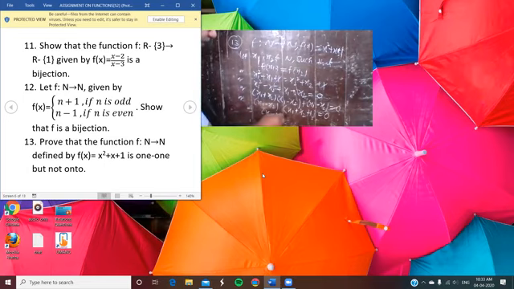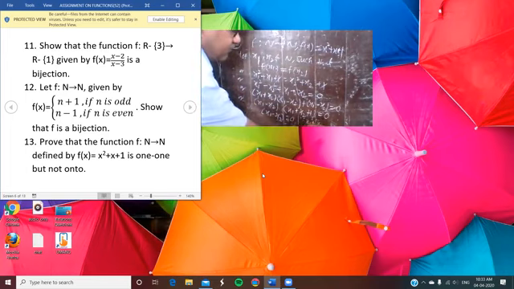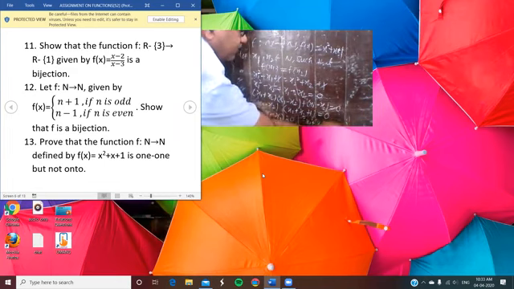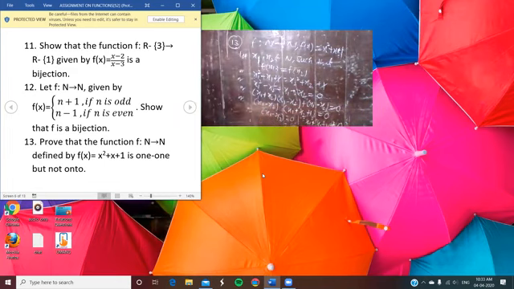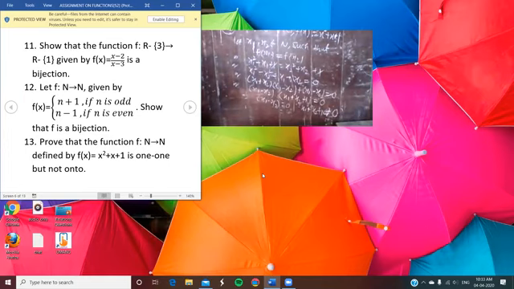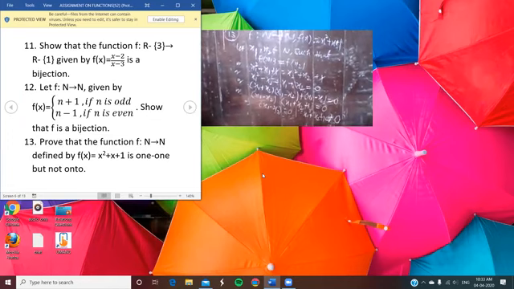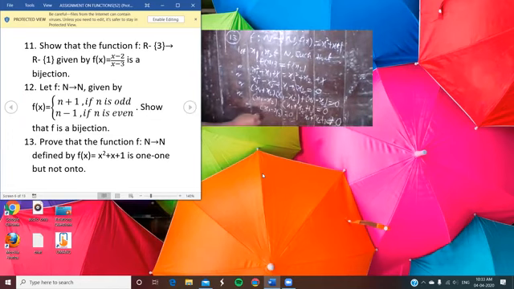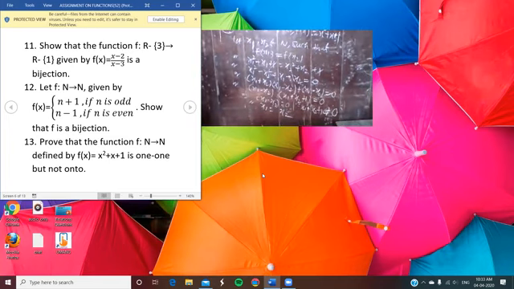This implies x1 minus x2 is equal to 0. You have to write it, since x1 plus x2 plus 1 is not equal to 0. You can write it in this way. Why is it not equal to 0? Because x1, x2 belong to N. So if x1 is equal to x2, and f is a 1-1 function, in this way you prove f is a 1-1 function.